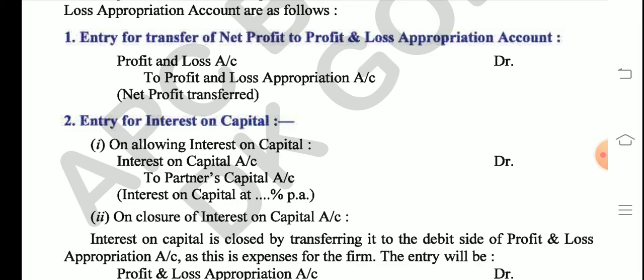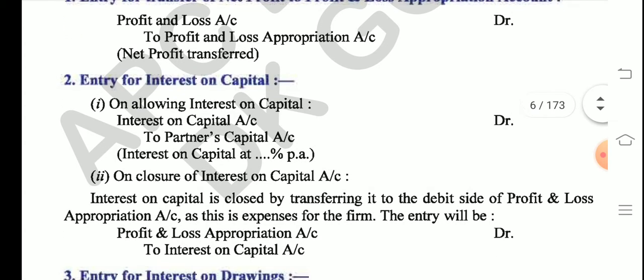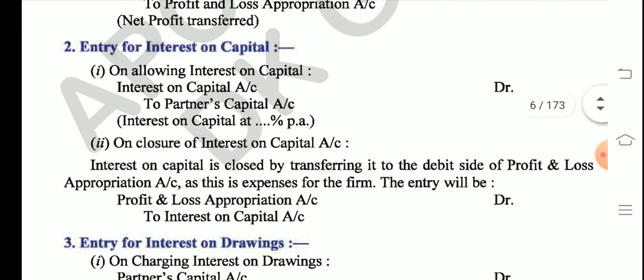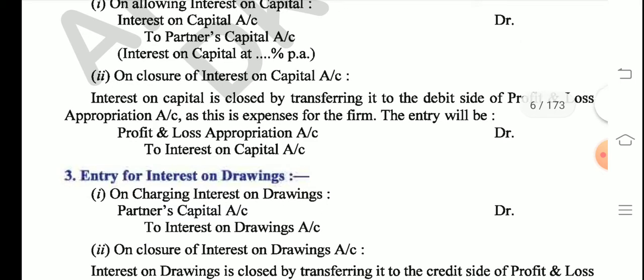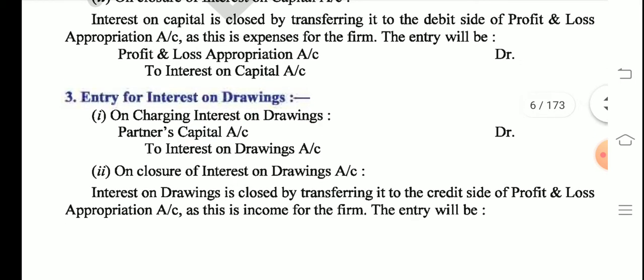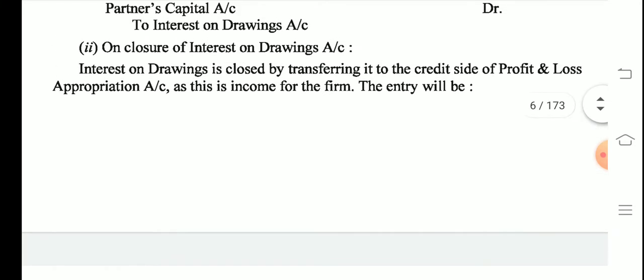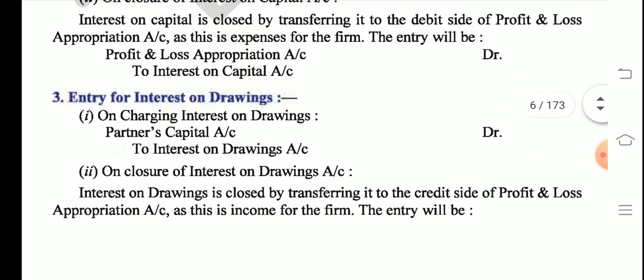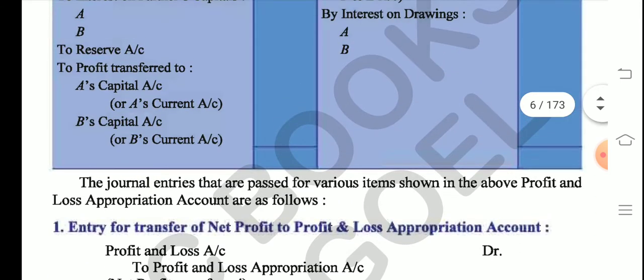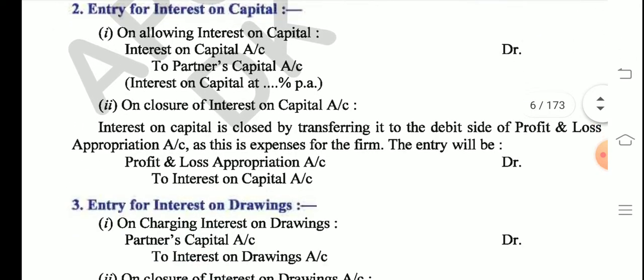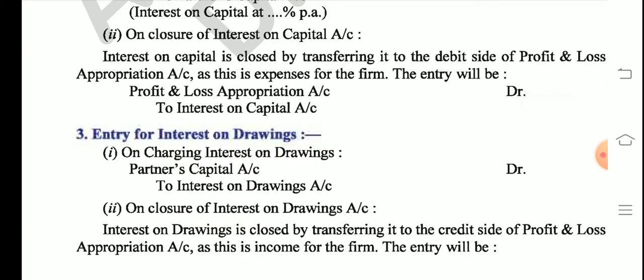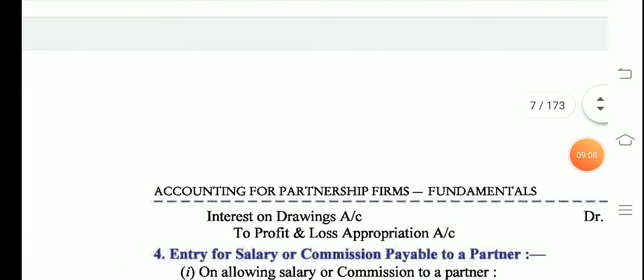Either you can learn from journal to ledger, or you can learn from ledger to journal, whichever way you find easier. Please do learn these, these journal entries are very, very important. So you should know about these journal entries. I hope this much is clear to you. So you'll practice these journal entries. For the time being, we just need to concentrate on this ledger part. We'll talk about the journal entries later also. So right now all of you need to learn the format of the profit and loss appropriation account.